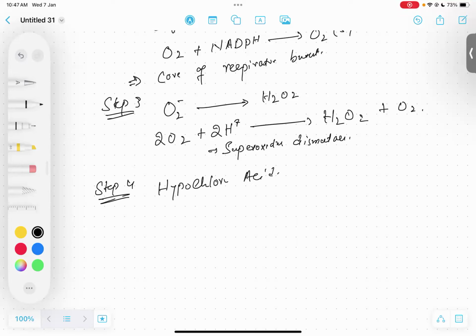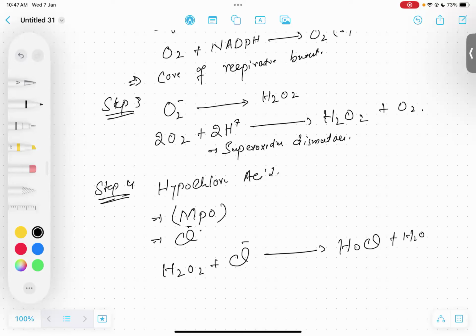And the enzyme required for this is myeloperoxidase, and it will require chloride. So how? That H2O2 will then combine with chloride, and it will then form hypochlorous acid and H2O,